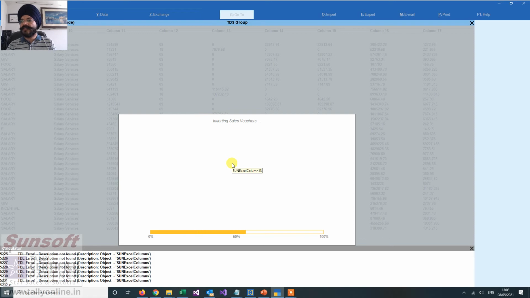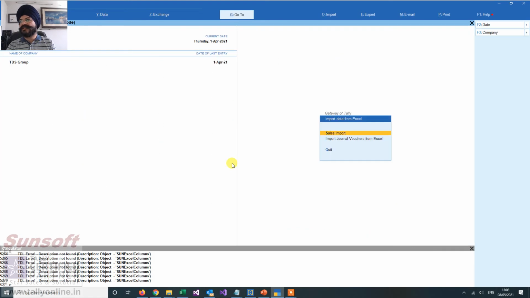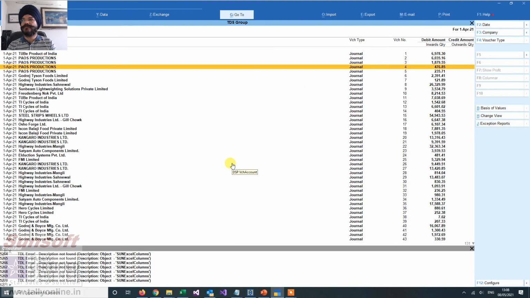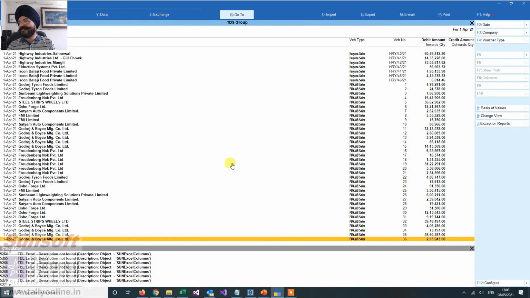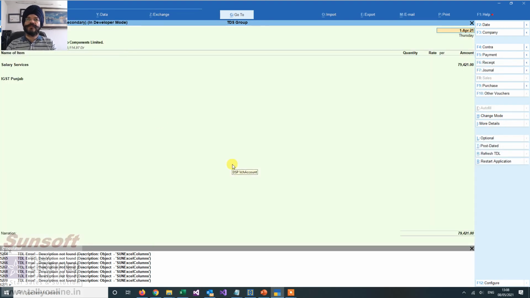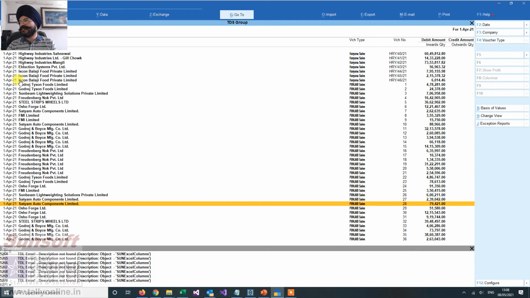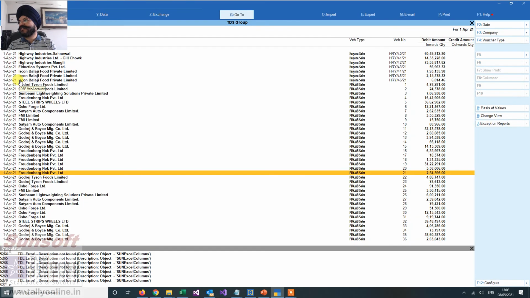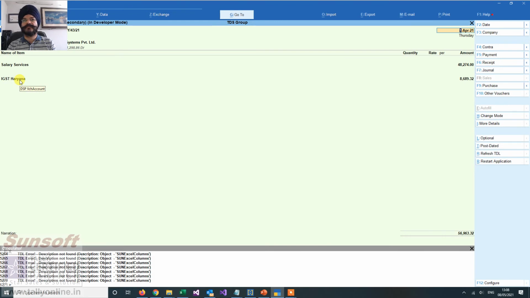so let us see how this is happening now. So it is importing the sales vouchers and it is creating the general voucher also. So let us see what is there in my day book. Now you see the general vouchers have also come and the sales have also. Let us see the Punjab sales. Now in the Punjab sales, automatically the IGST Punjab has come. So that means the relevant taxes are automatically coming on the basis of from which state you are invoicing.